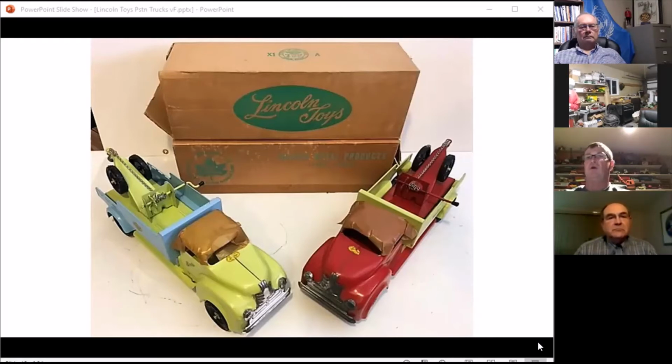And what they did was all the Canadian toy manufacturers belonged to this, and once or twice a year they would have a convention where retailers could go and check out the toys that they made for the year and hopefully order them for the Christmas